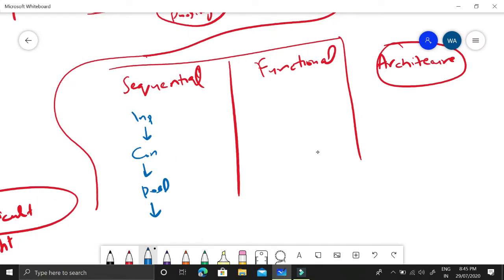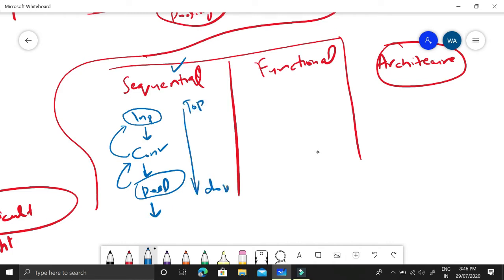Instead, we are not assuming that the layer beneath this input layer will be taking input from this input layer, and the pooling layer will take as input the output of this convolutional layer, because this is our assumption in the sequential API. So this is how it works. It goes from top to down, where the input for each lower layer is the output of each upper layer. However, in the functional API, we have more control.